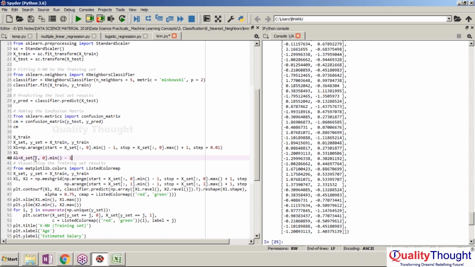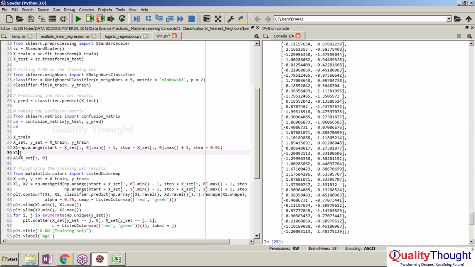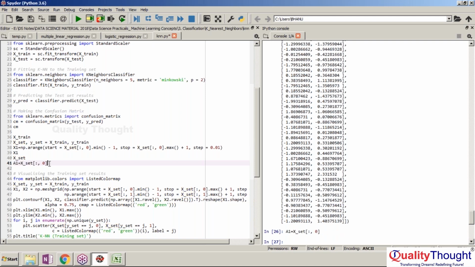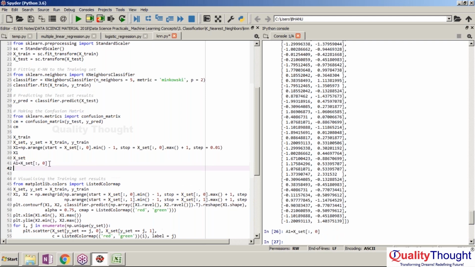So x underscore data set, you can also try even this part. x underscore set, we know what that means. That is nothing but the training data, right? I will show you that. Look, this is the training, meaning the scaled data as x underscore train. So now I'm trying to do this part. I tried something like this, right? So what happened? A1,